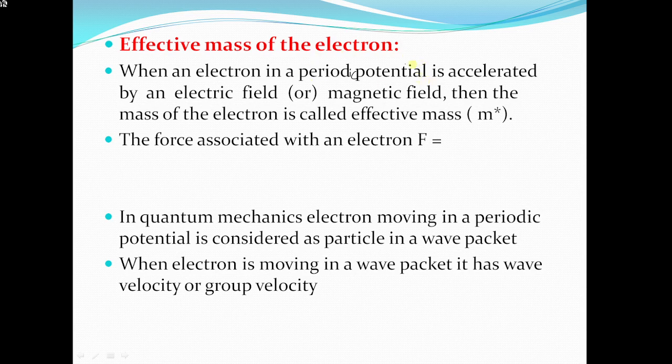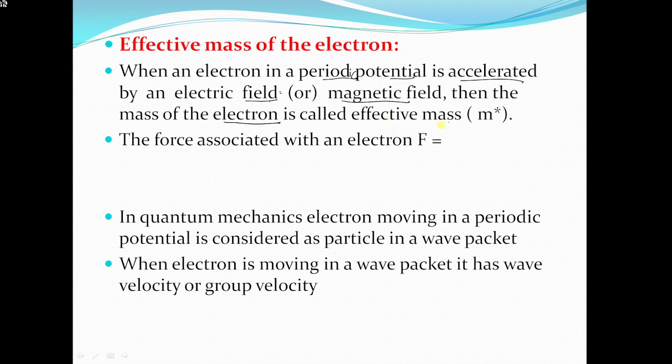So for this electron, if we give an electric field or magnetic field, if this electron which is moving in periodic potential is placed in an electric field or magnetic field, what happens? It gets accelerated, meaning its velocity increases. The mass associated with the electron at this time is called the effective mass. So what is effective mass? When an electron in the periodic potential is accelerated by an electric field or magnetic field, then the mass of the electron is